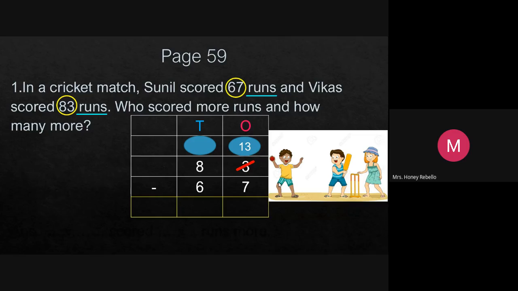Now you count on your fingers till 13. Come on. After 7, 8, 9, 10, 11, 12, 13. So what is the answer on your fingers here? How many fingers are open? 6, ma'am. Yeah, good. So you are writing 6. Now tell me, you are cutting 8 and you are writing 7. Don't forget, you can do it first itself. Okay, you cut 8 and write 7.